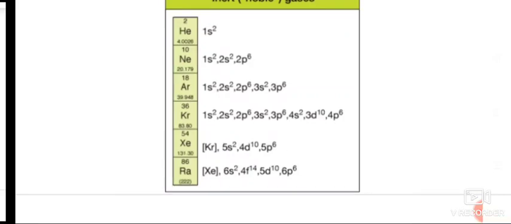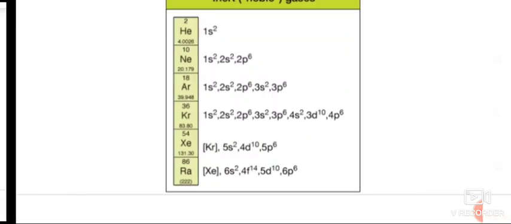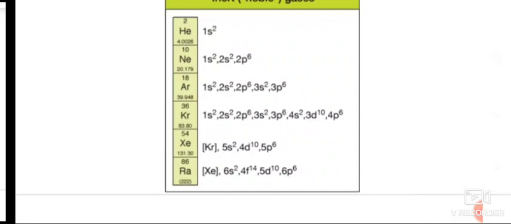In some elements, the valence electron will be in the p orbital. In some, the valence electron will be in the f orbital. According to that, elements can be classified. Whatever the electronic configuration is, the element should have some stability. The stability of the electrons depends on the filling of electrons in the particular orbital.